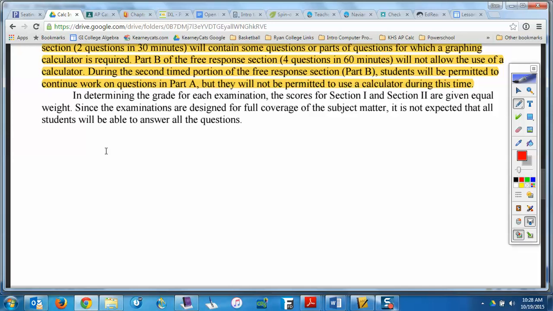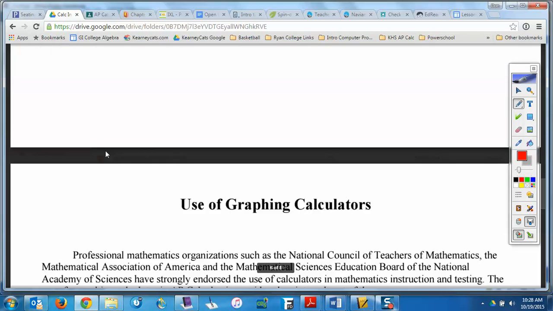Okay, and that's what all of our quizzes are like, except the midterm and the final will have a multiple choice part. But our quizzes will be your typical math where you work out, show your work, free response type of questions. Okay, all right.